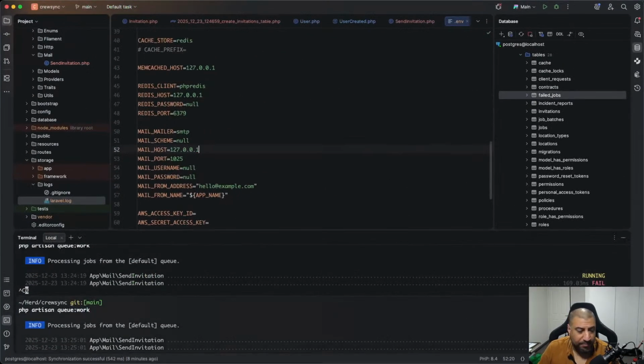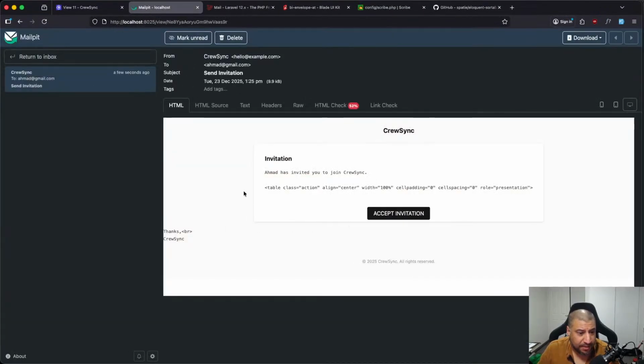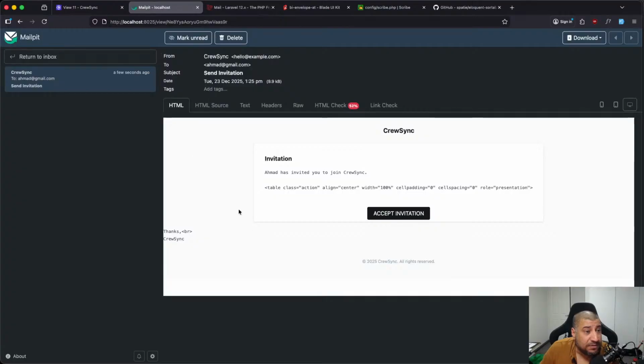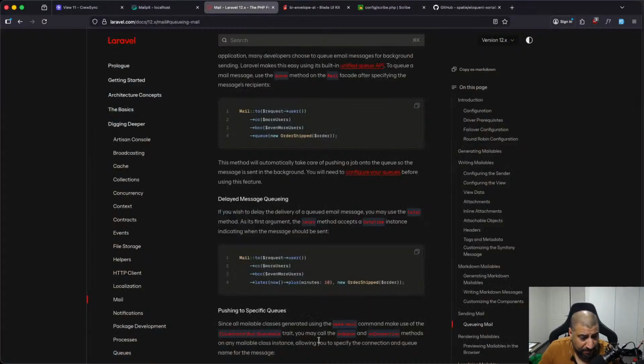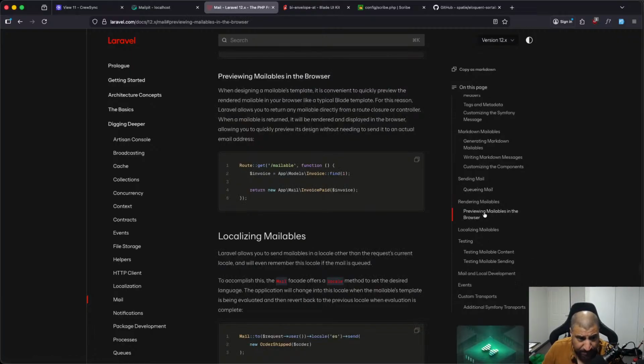Alright, so that should be running and done, and an email should have come here, and it says table. What is this? Why is that? Ahmed has invited you. Accept invitation, and accept invitation is encoded HTML. Echo. What the heck is that? Okay. Well, at least we are sending. Now there is a way to test the mailables in the browser like this,